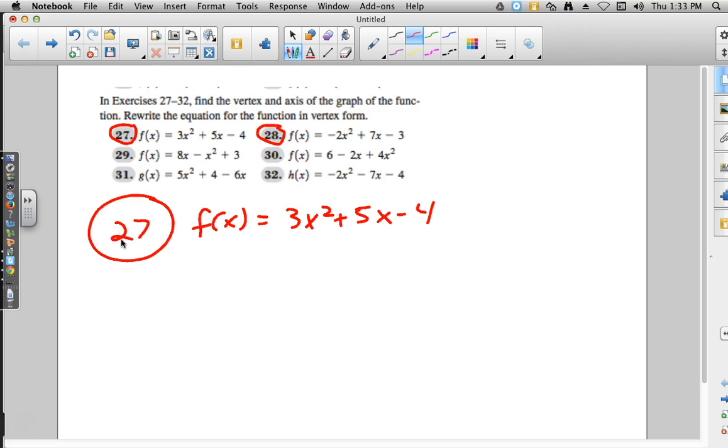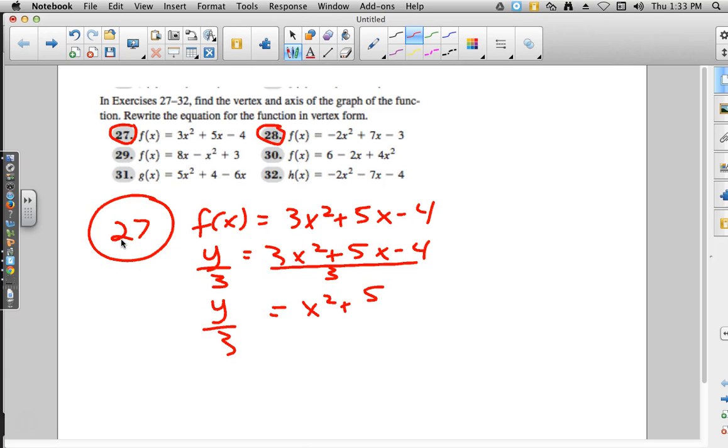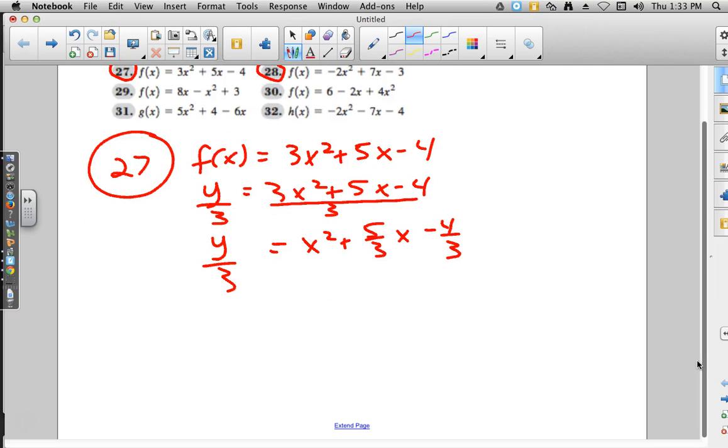So we'd use the completing the square process to get this taken care of. Switch this to a y. Recognize that completing the square only works when your a value is 1, so we'll have to divide both sides by 3. Y over 3 equals x squared plus 5/3 x minus 4/3. And pretty obviously the negative 4/3 is not a perfect square, so we will add that to both sides